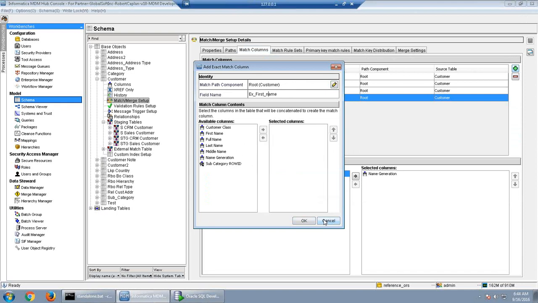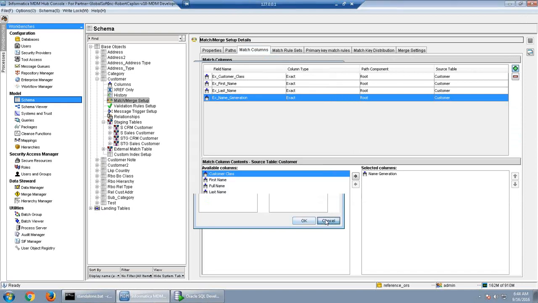Once we create it and click OK, it doesn't give us an option to change it. The field name we cannot change, so you can just remove it and create it again. But columns you can later remove and add here. You can change any column or add any column.